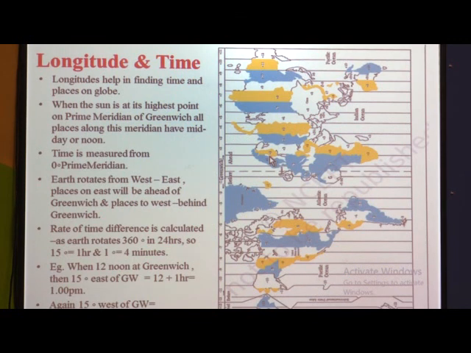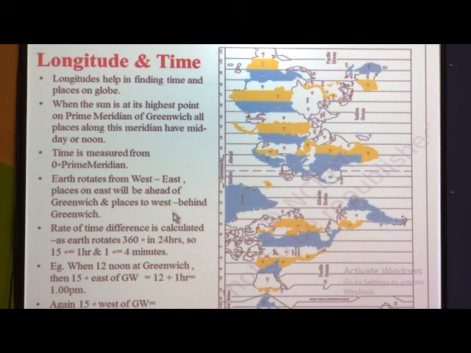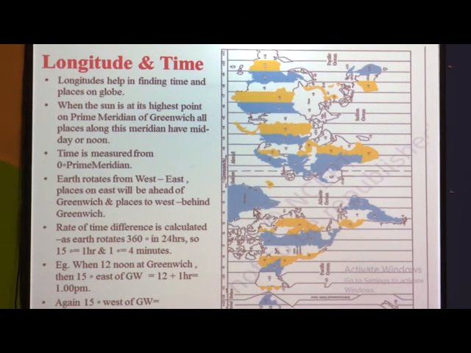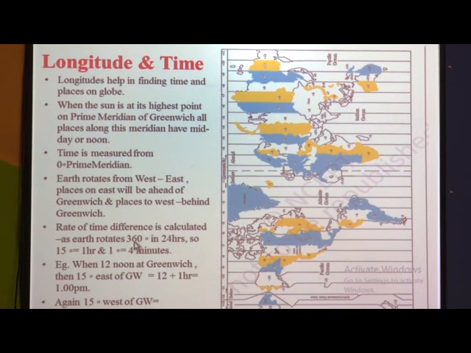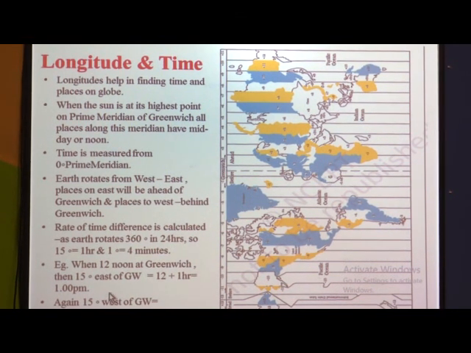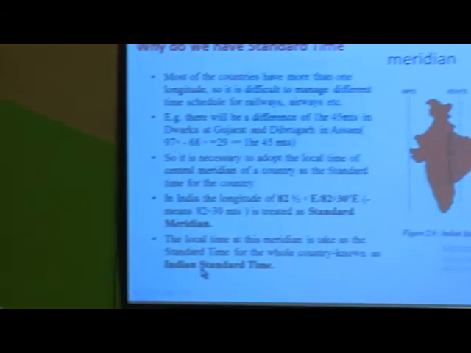Then we have seen how these longitudes help in calculating time. This is very important. Each longitude is at a distance of 15 degrees, and 15 degrees means 1 hour. Okay, and to calculate 1 degree longitude, the time taken is 4 minutes. So 1 degree longitude is measured at 4 minutes. Then 15 degrees measured as 1 hour, and total there are 360 degrees. So the earth takes a complete 24 hours to complete this 360 degrees. And even time I have told you how to measure.